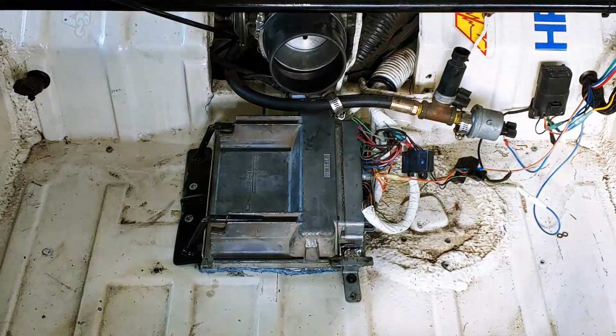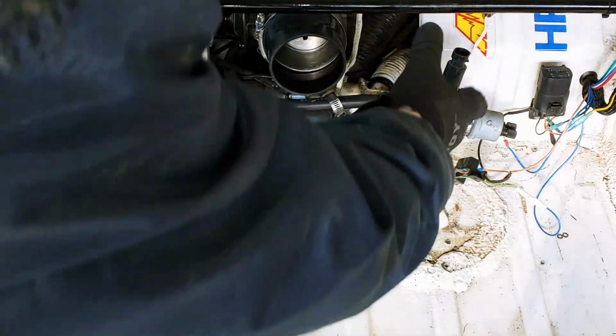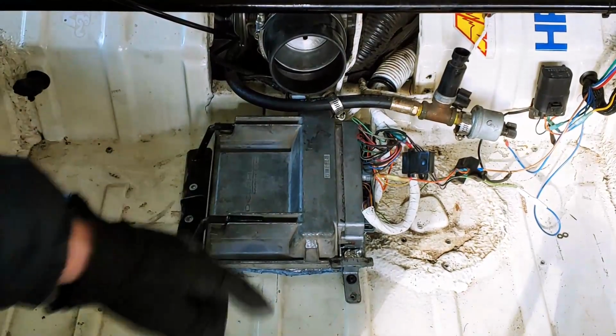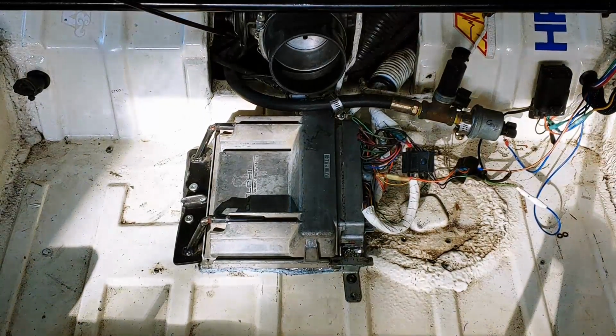Now here we relocated the ECU. It used to sit at an angle right there, and I want to put the blow-off valve right there. So we've got it slightly modified, locked down there, with a little insulation under it so it won't get too hot. I don't think it gets hot anyways, but